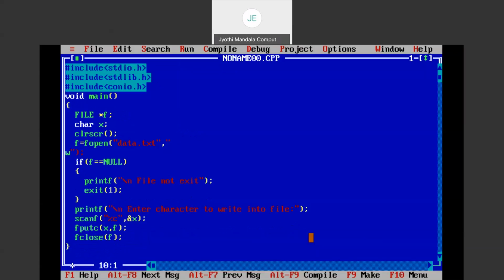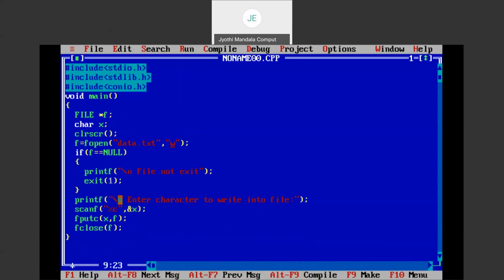What I'm doing is each time I am asking the character, enter characters. And just for understanding, to end, place a full stop like this. And then I'm reading the character. So while